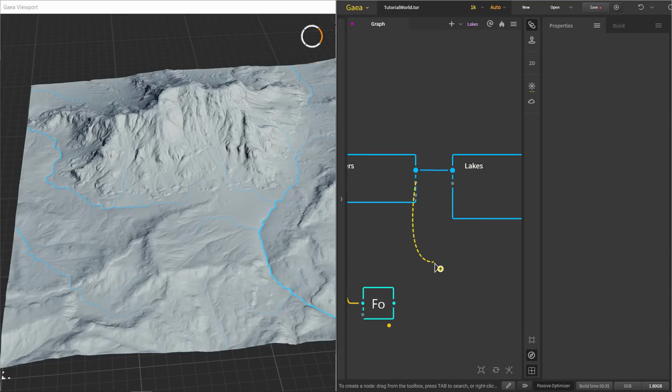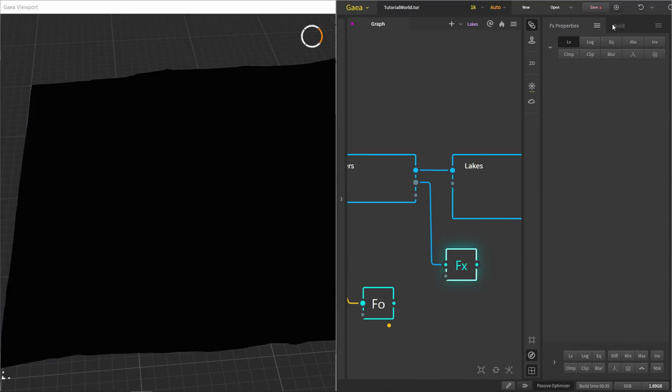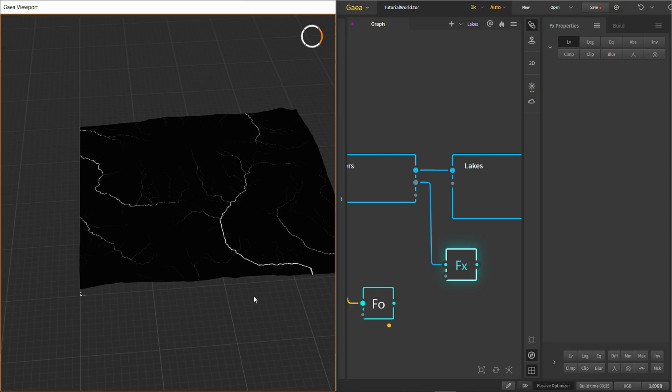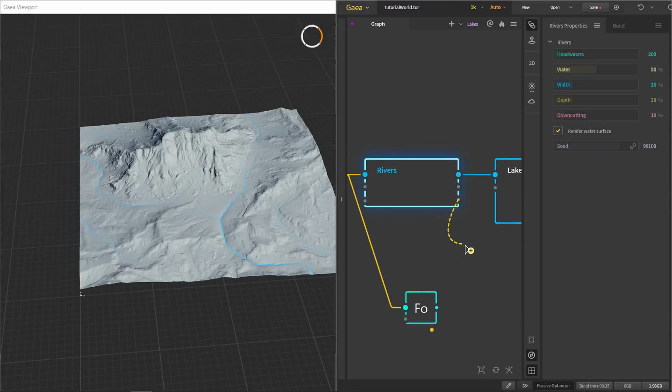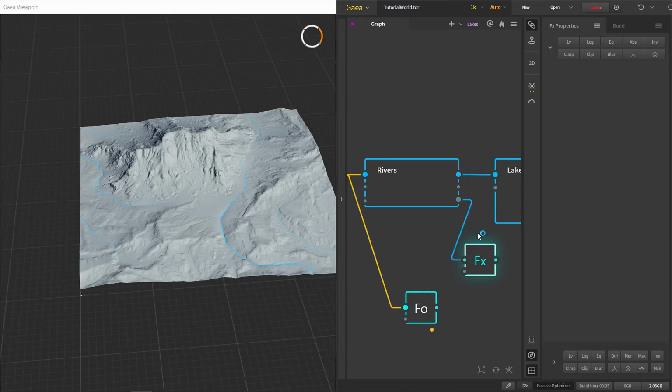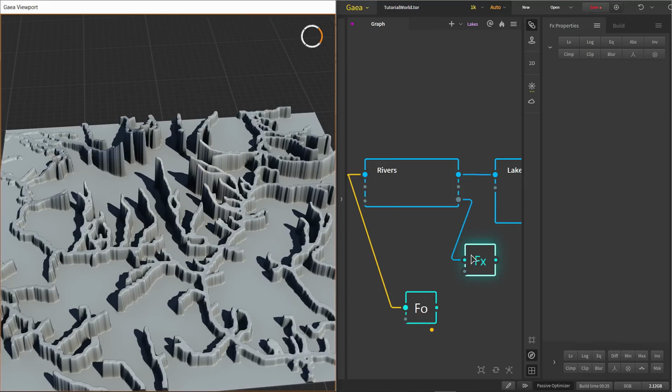So I will bring a FX from the river depth and then auto level it. So this is where the rivers are. So if you are using the Unreal water system, then you will just use this mask and overlay it on top of your terrain and then put the rivers where all of this is. Alternatively, if you just want a river surface, you can get it from the third output, which is surface. You will get something like this.